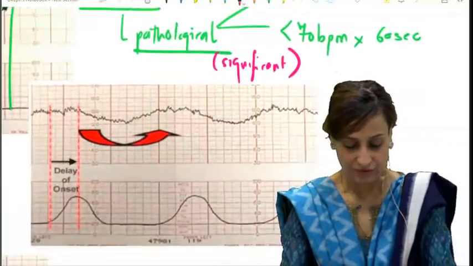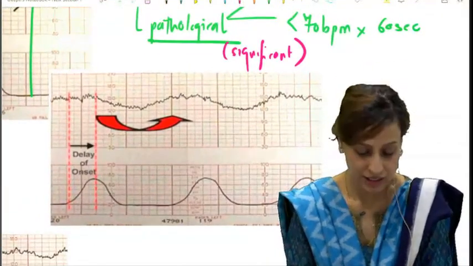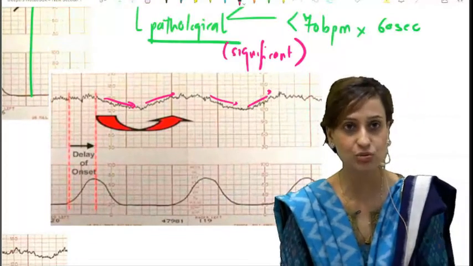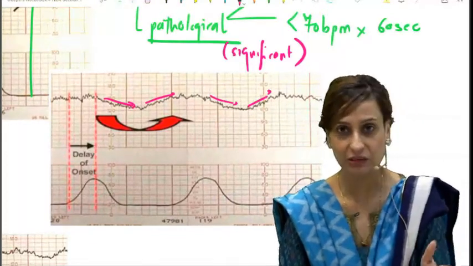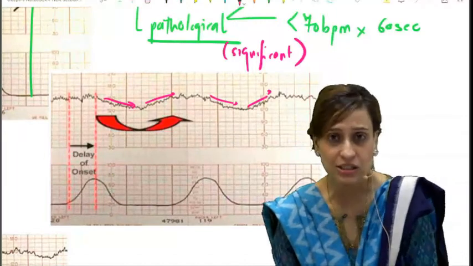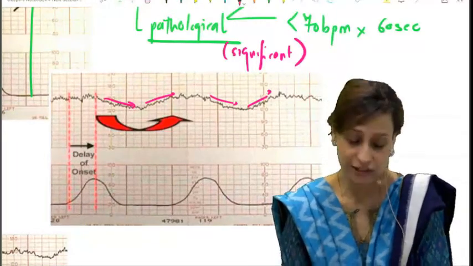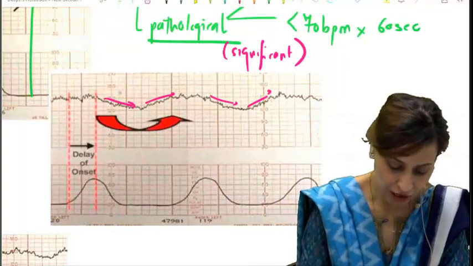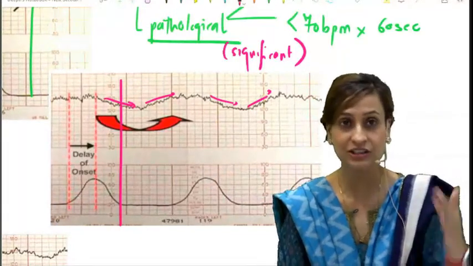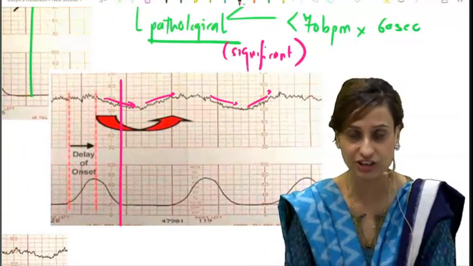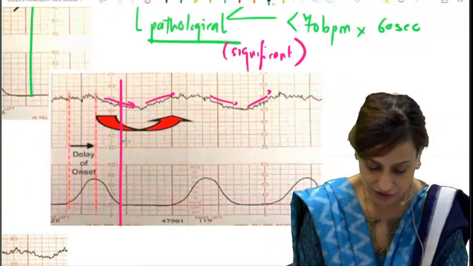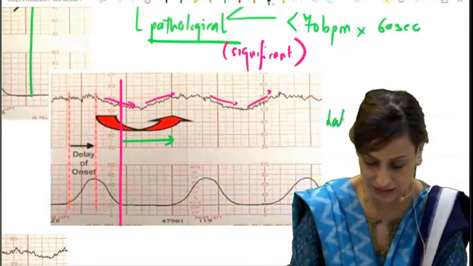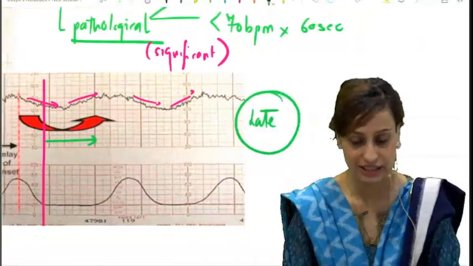If you see, on the other hand, a slow fall and a slow pickup, or a gradual fall and a gradual pickup, these cannot be variable. So these will either be early or late. To identify whether these are early or late, see whether the deceleration is persisting after the contraction or not. Like in this particular graph, it is persisting even when the contraction has stopped. And this would be an example of late deceleration,